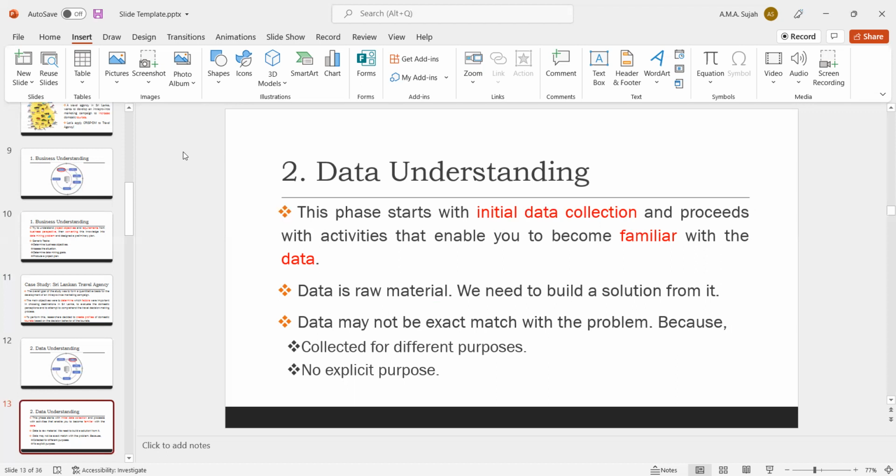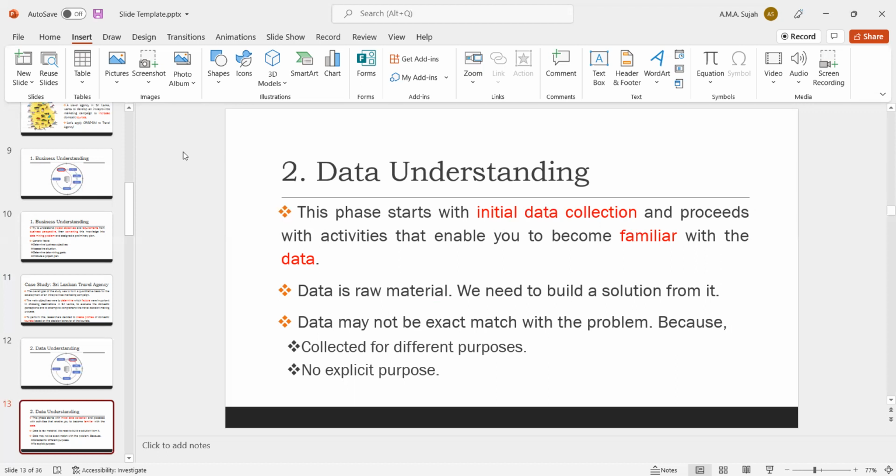Familiarizing with data means we need to figure out what attributes we have, and what the minimum and maximum values are. Whenever we look at an attribute, you can easily find the minimum and maximum values, and whether there are any outliers. You must check which attributes have missing values. You need to know the mean and median values. You need to familiarize yourself with the data you collected. It's also one important factor in building a successful model. Am I correct?